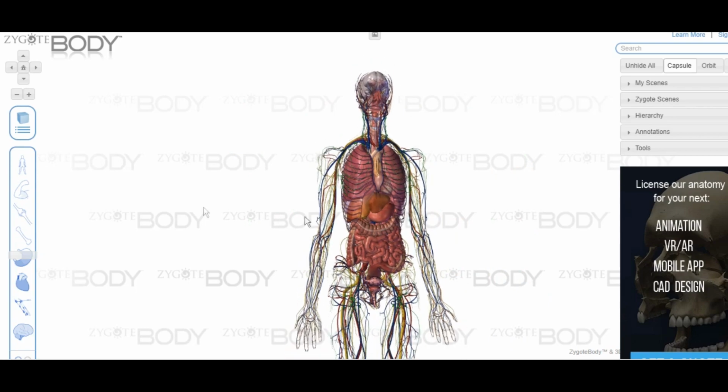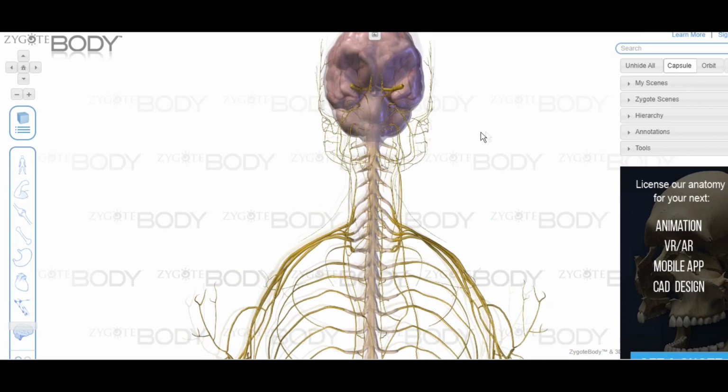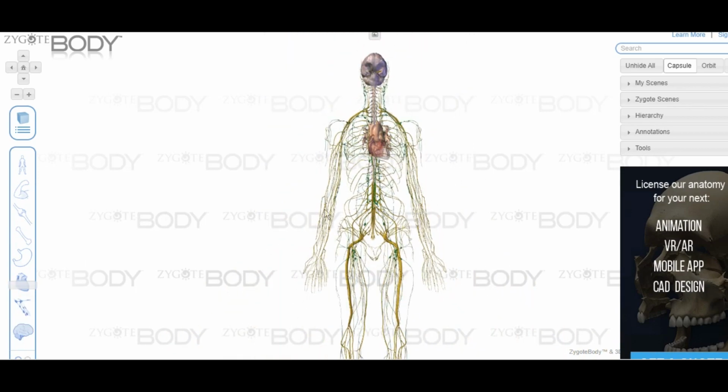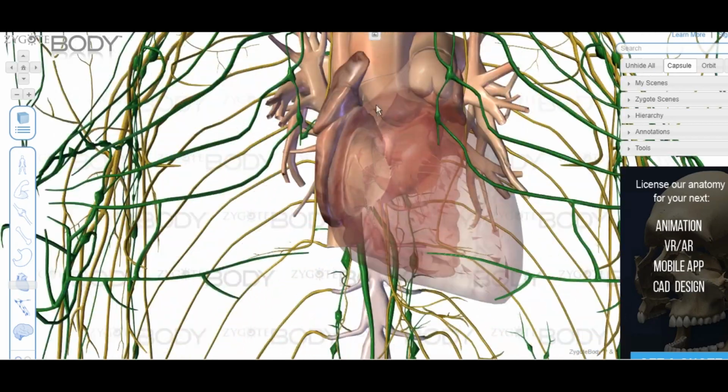This is a free light version. This is very useful for viewing basic male and female anatomy. But if you want more than this, you have to go with a paid subscription. But my suggestion is the free plan is more than enough. In this free plan alone, we can explore every part of the human body.